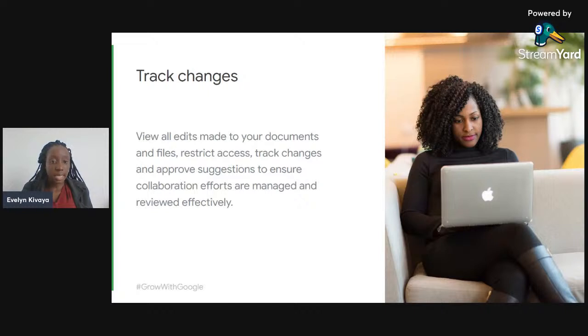And then the last one is that you can track changes under Google Workspace. For example, if you're collaborating with several people, such as your team members, on a single file, it can be difficult to pinpoint who made certain changes and when. So, for example, on Google Sheets or Google Forms, it automatically tells you who made an edit recently. For example, last edit was made by Lydia 2 seconds ago. Last edit was made by Penina 2 minutes ago.